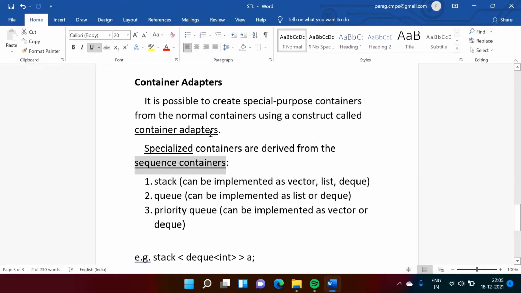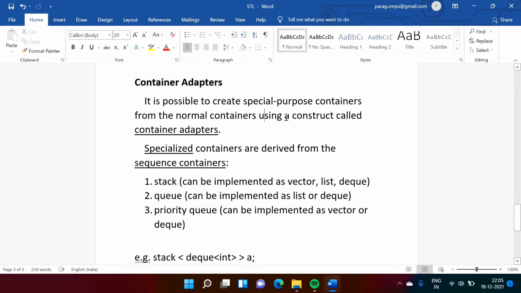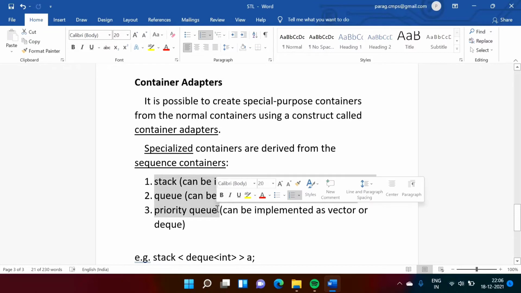The construct which is used to define these specialized containers is called a container adapter. See, again I am repeating, the construct which is used to define the specialized containers from the sequence containers is called a container adapter. So by these container adapters we got these three specialized containers.